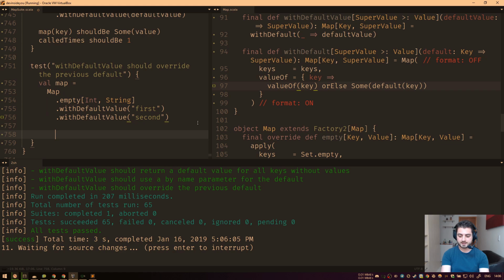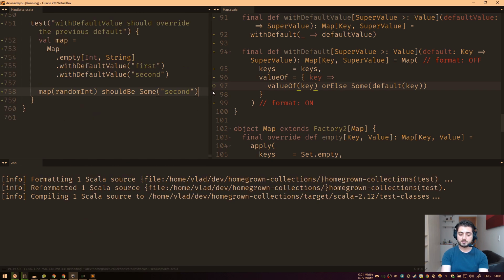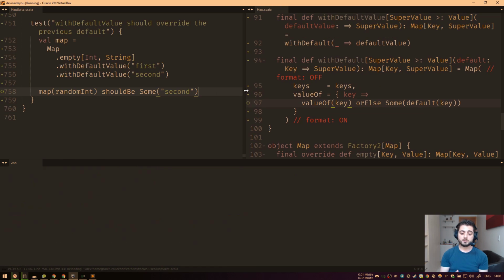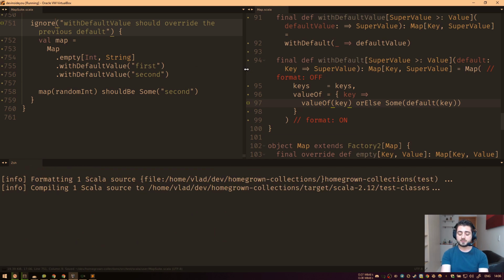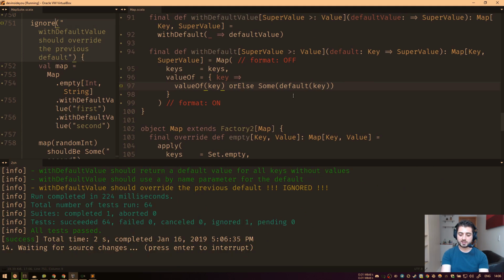let's finish writing the test. So we're going to have a map of some random int like this, and it should be some second, but it's not going to be some second, it's going to be some first, as I just explained it. And in order to solve that, we're actually going to go back. So we're going to ignore this test first, and we need to do a lot of refactoring, and this refactoring is going to help us to introduce this change in a more